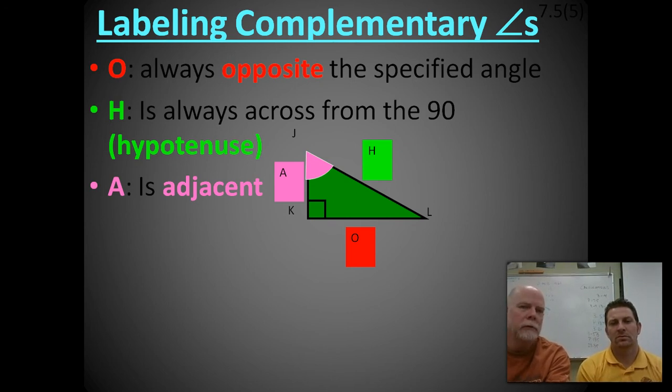And we never use the 90. We don't talk about the 90 because then the opposite would be the hypotenuse and you'd be stuck. You'd be without a side. It's always the 2 adjacent acute angles in the right triangle that we're